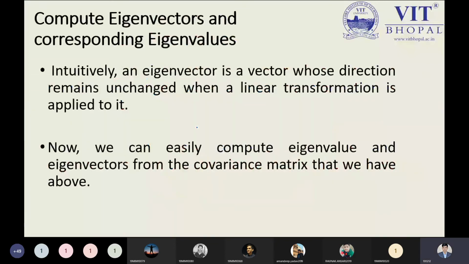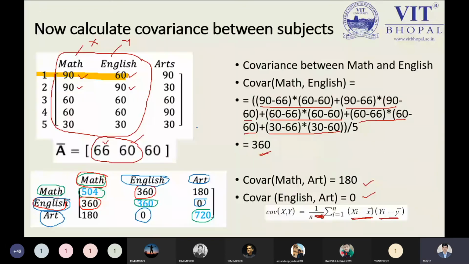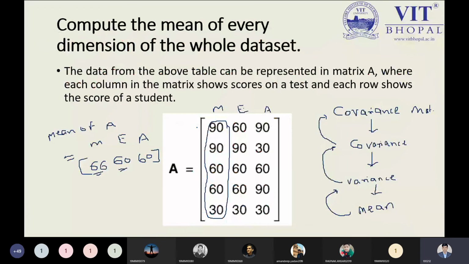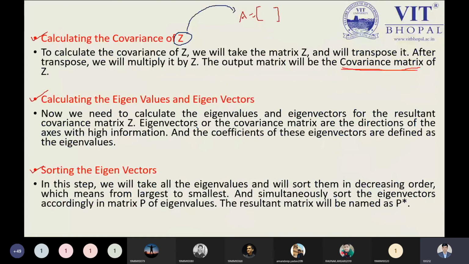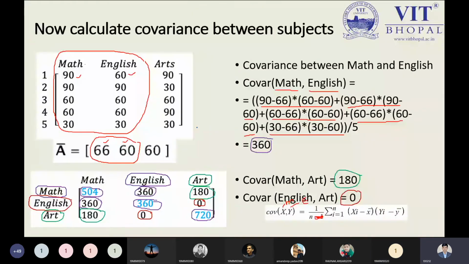Okay. Now coming back to our algorithmic steps. We got our eigenvalues and eigenvectors. Yes, tell me yes or no. We have done this activity. Now, what is the next step? The next step says we need to sort the eigenvectors. So now let us sort the eigenvectors. Yes, I'm back, coming back to the solution.